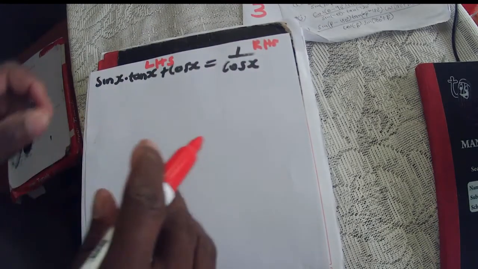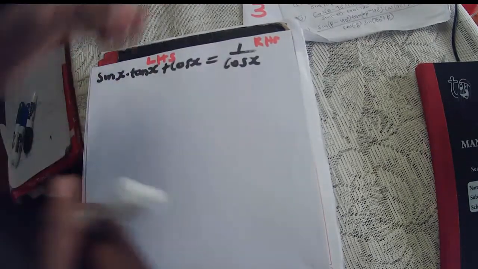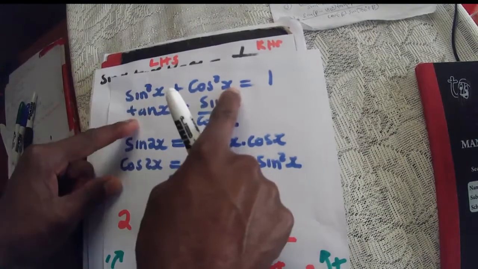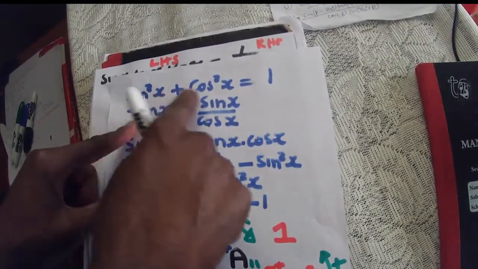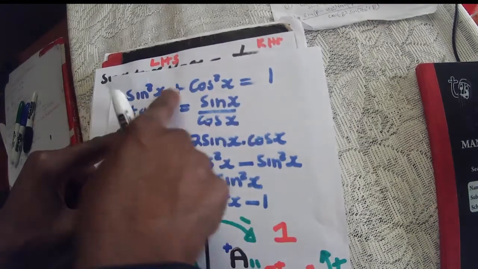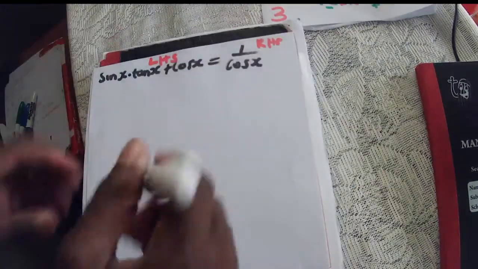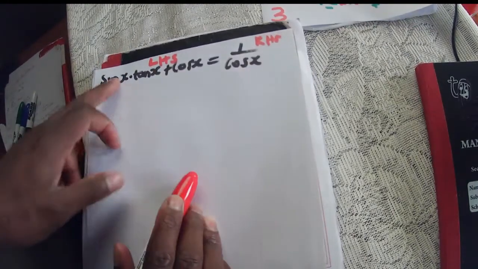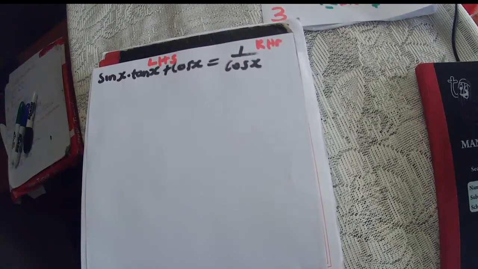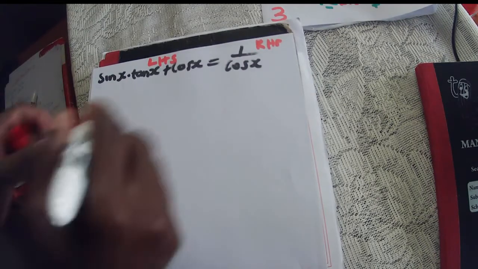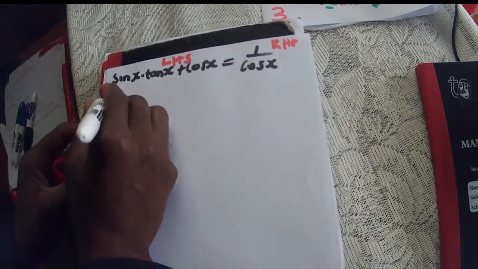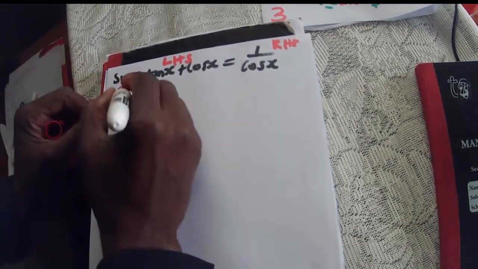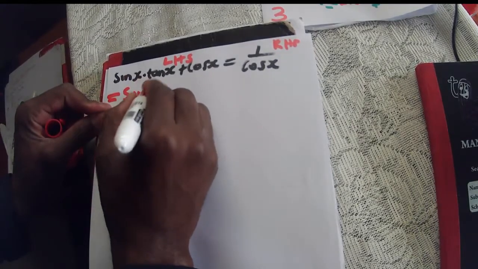So we are not going to change the 1. Okay, we are not going to change the 1 because I know that there are people who would be tempted to change this 1 into sine squared plus cos squared x. So we are not going to do that, because as you can see, it's not going to give us what is on the left hand side. Rather, we are going to go with the left hand side. Okay, so we don't have the identity for sine of x. I'm going to write sine of x